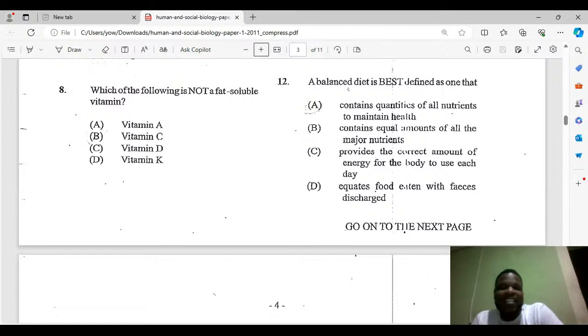All right. So all the people who are saying B, I understand why you say that, but it's a tight one. I have to choose the best because it's a best defined. So it's actually to maintain health. So I'll lean to A. When them tight, you have to reason them out and see what really are going.